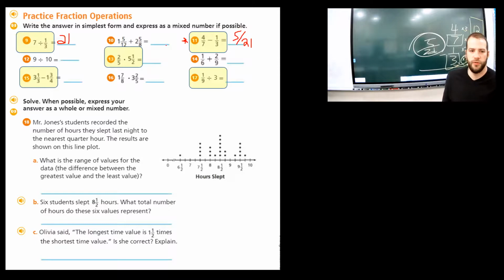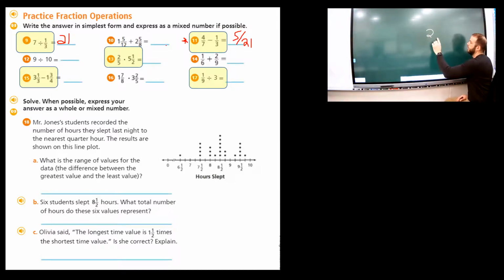Number 13, 2/5 of 5.5. 2/5 of 5.5. So if you remember correctly, what we have to do now